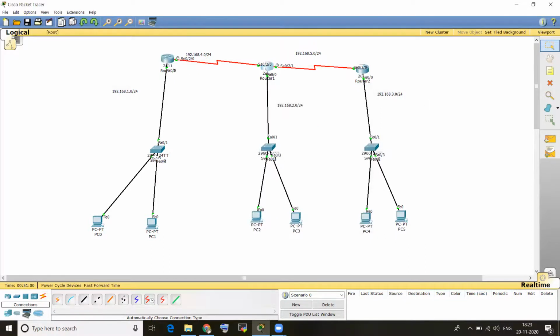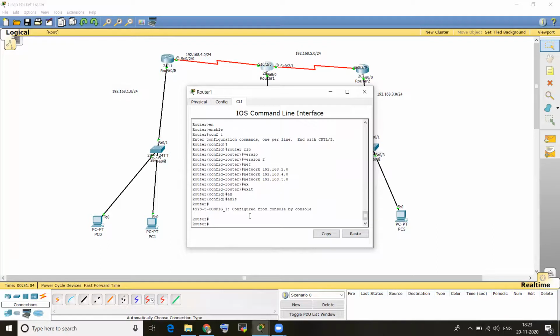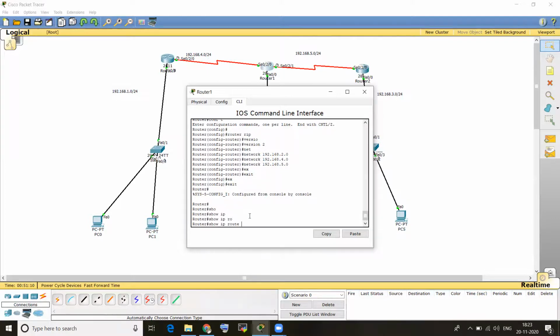Similarly, if you want to check this, click on the second router. First go to privilege mode, then show ip route.